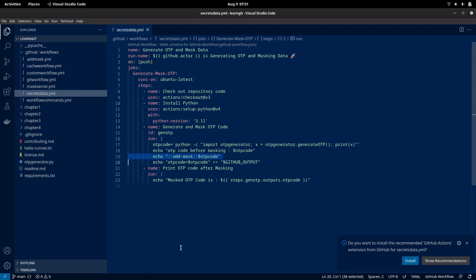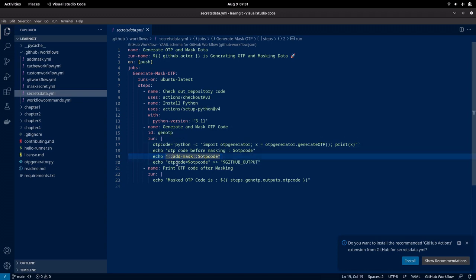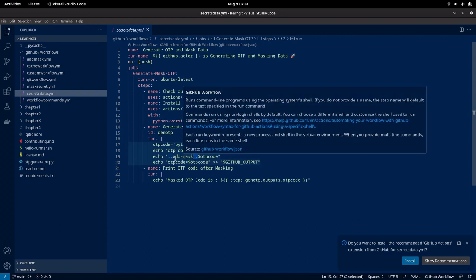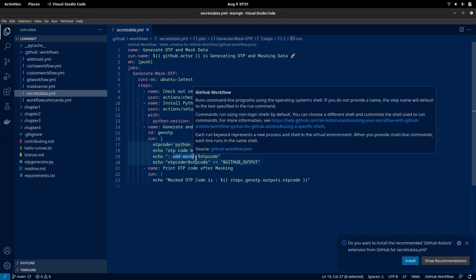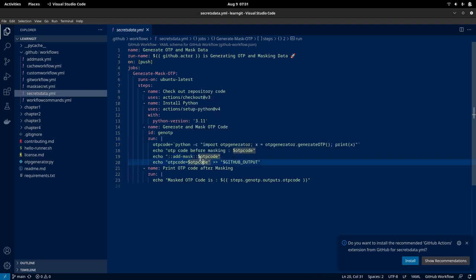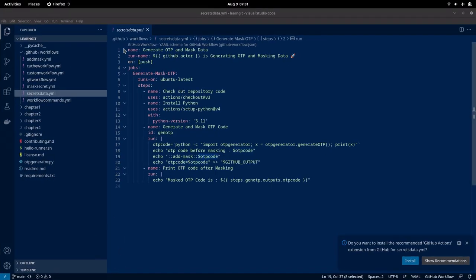using the add-mask workflow command. The syntax is basically, you can see it starts with double colon and ends with double colon. In between that we have the command, and we can pass a set of parameters also. After the double colon, we need to provide the value, the command value. Okay, so if you want to get more details, you can go into